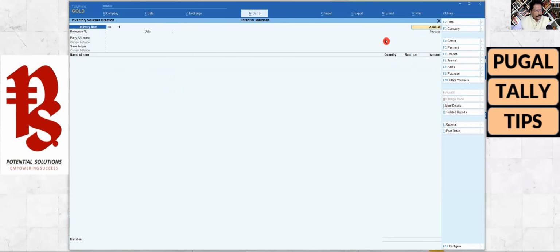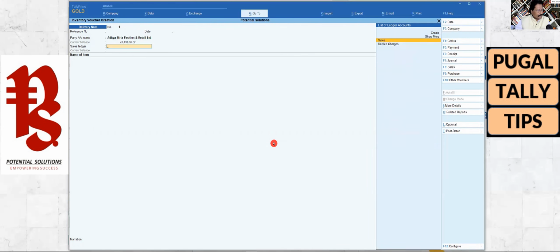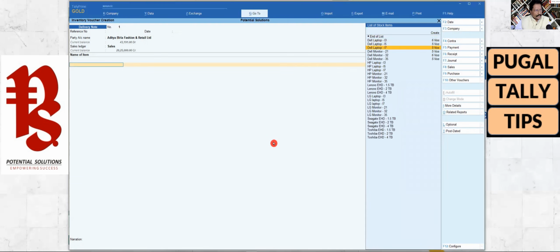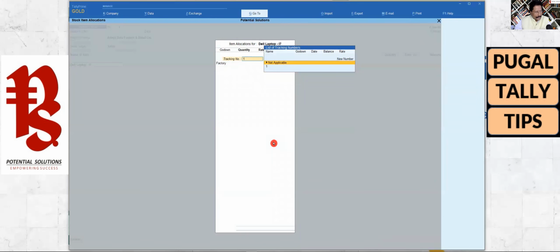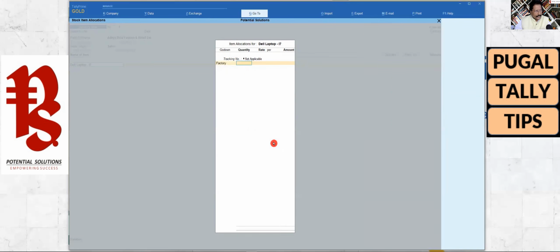And in the delivery note, if you see here, the interface that we saw in ERP is exactly the same. There is no change in the capturing of the information, right? So parties account, you will select the party account. Okay, so it is asking the sales voucher. I'm going to enter the sales item. So in this case, let's say I'm selecting Dell i7, where I have 5 numbers. I enter here, tracking number, you will say not applicable here. Space bar, there are 5 numbers in the factory. You are going to now deliver one number, right?